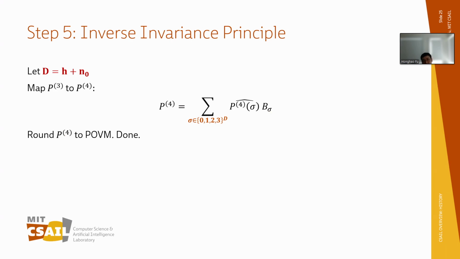The final step is to make sure each P4 is a PSD matrix. So we are going to just keep all the positive eigenvalues of P4 and then put all the elements of a measurement together and renormalize them together to get back to a POVM. Then we are done in this